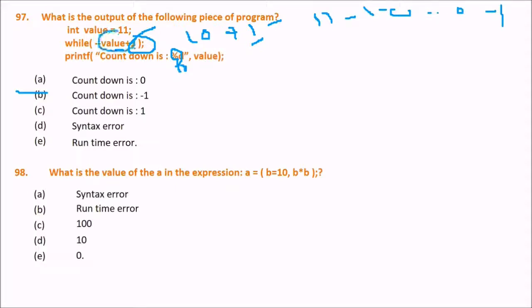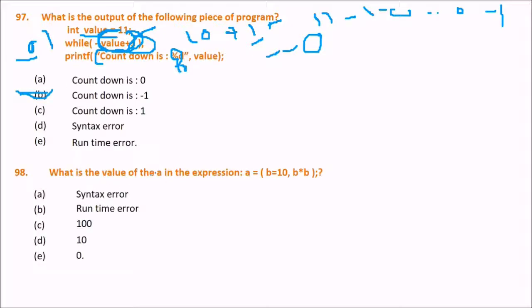So when it becomes minus 1, it will come out. Because in the while we'll see only 0 or 1 condition here, right? It will come out when this condition is false. That will be true only when it is not 0, but minus minus value means 0 will be decremented again, that will be minus 1. So B will be the answer.